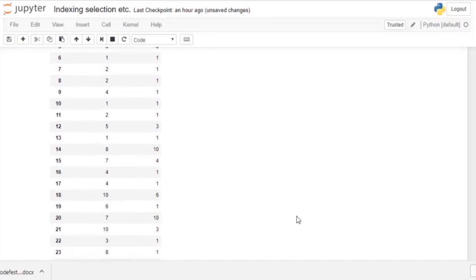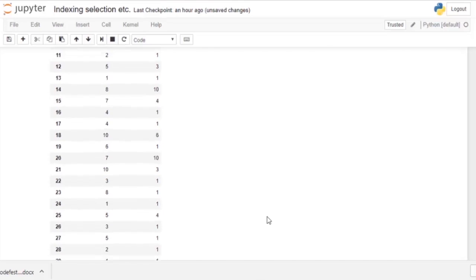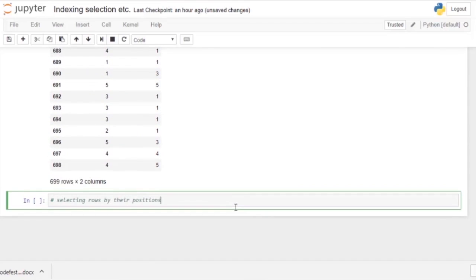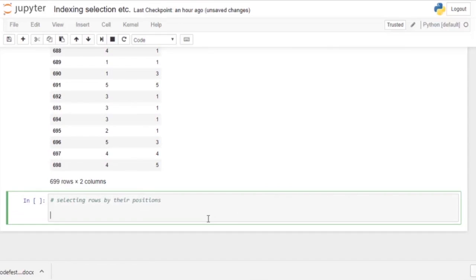Now what if we want to select rows by their positions? We are going to select rows by their positions using the iloc function. So for example, let's say I want to select the first 5 rows of the df data frame. How I can do that is df.iloc, and to the iloc I am going to supply the range of the rows that I want to select.